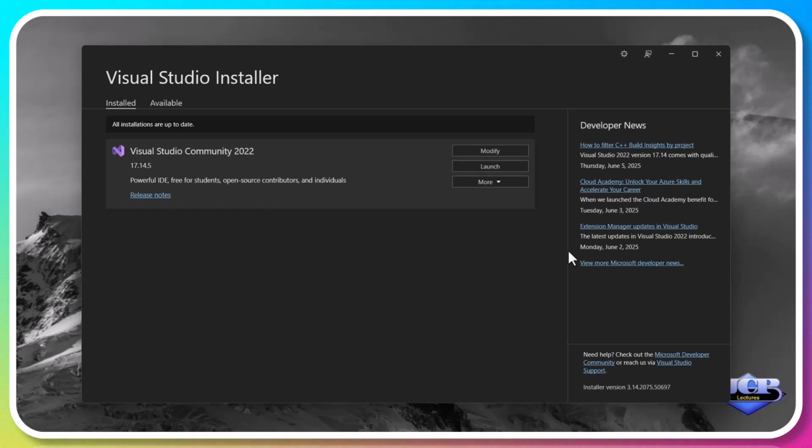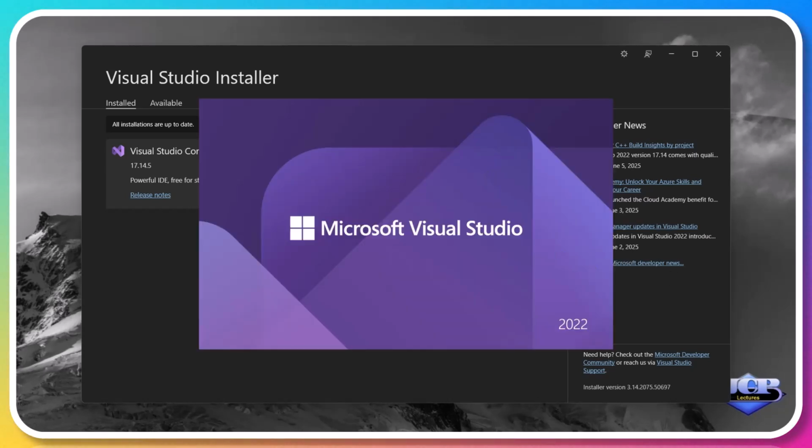When it finishes the installation, it offers to launch or to modify the IDE. Let's launch it.